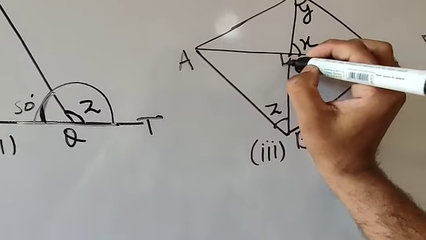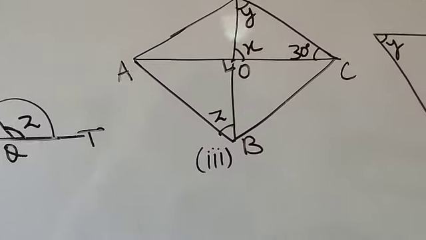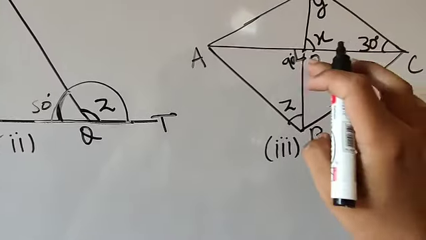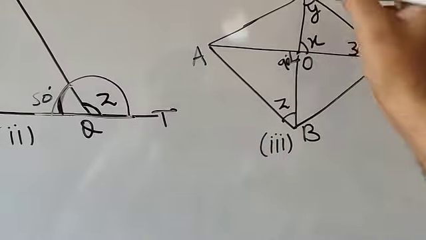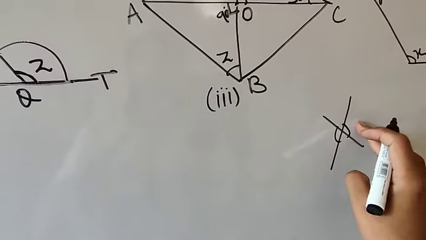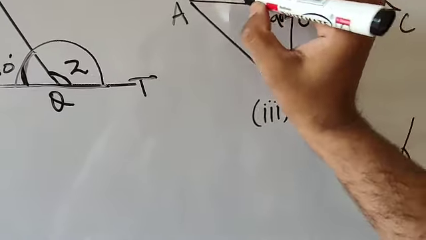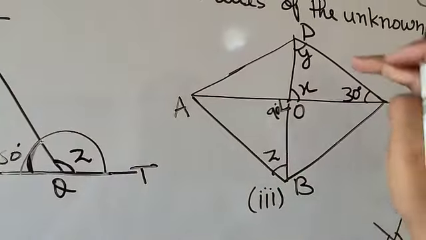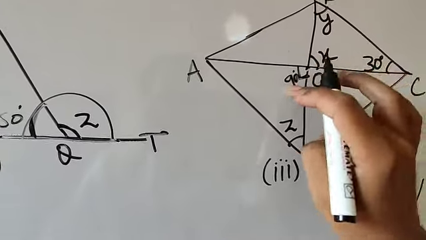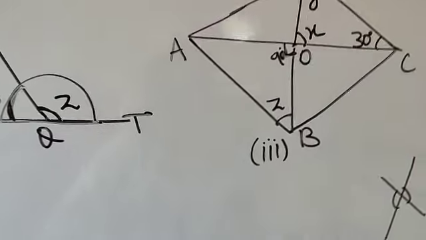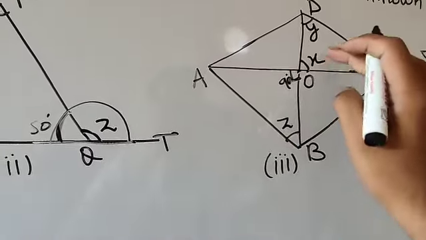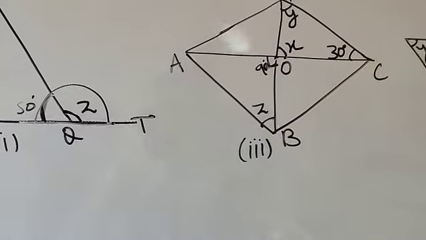Here this symbol is given. What does this symbol mean? It means that it is 90 degree. So here it is 90 degree. So students, if two lines are intersecting like this, these are the vertically opposite angles and these are equal. So if it is 90, and here you can find AC and BD are intersecting at point O. So these are the vertically opposite angles. So these two will be equal. It means X equal to 90 degree, that is vertically opposite angles. So here you got the first value, that is X equal to 90 degree.